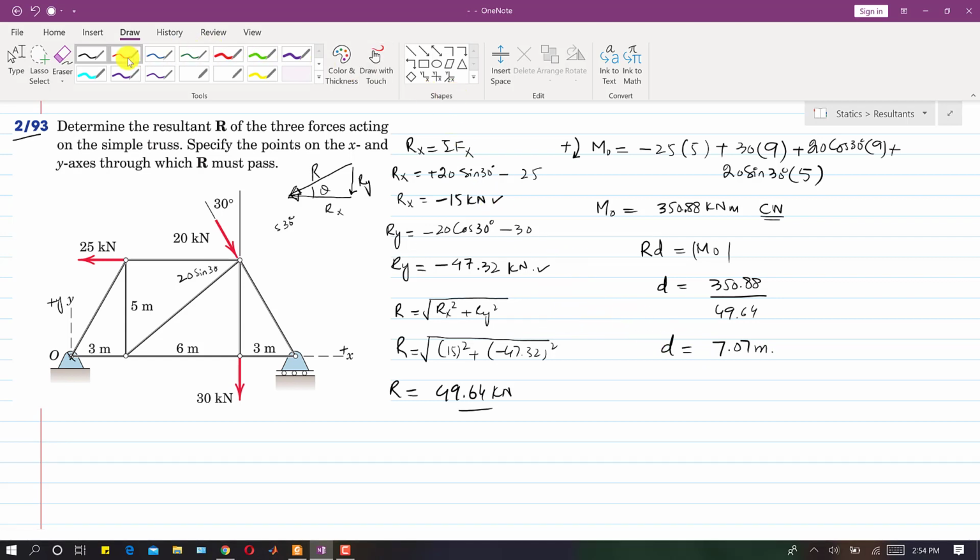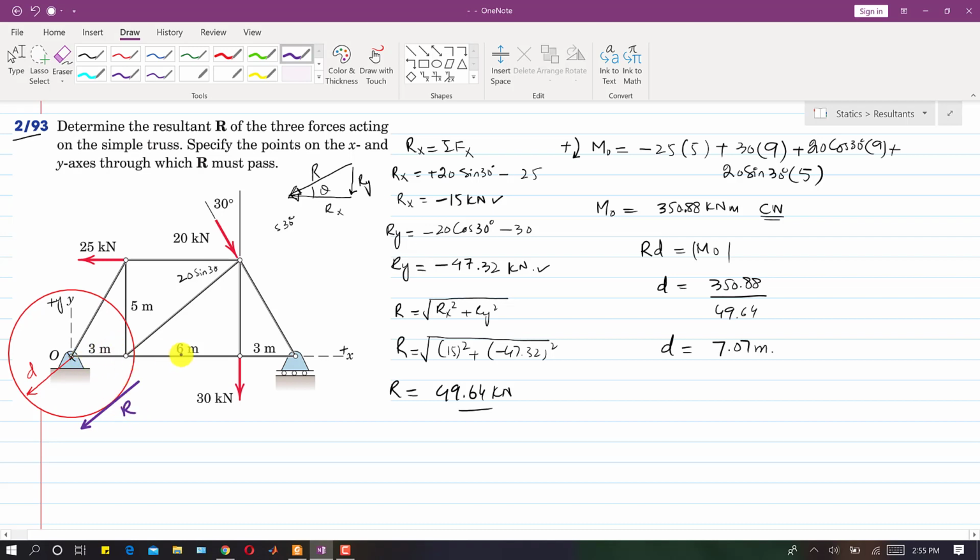Now if we want to represent this R at this perpendicular distance, first what I will do, I will draw a circle of this much radius at this point O. Let's suppose that this is that circle, right? And it should produce the clockwise moment, right? Now we need to place that resultant R tangent to this circle, and the radius of this circle is equal to D. So I will draw the resultant in this particular direction. Let's suppose that this is that direction, right? And this force is tangent to this circle.